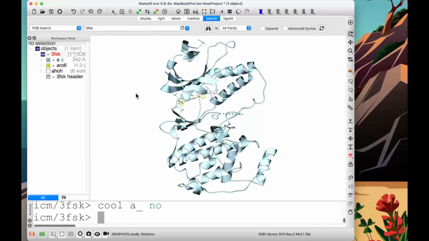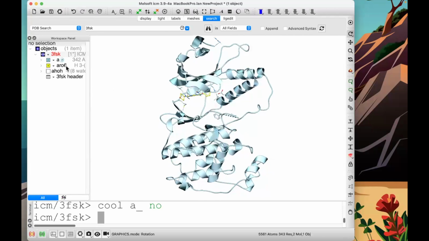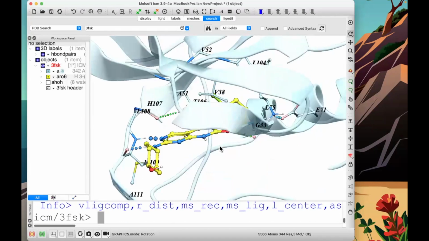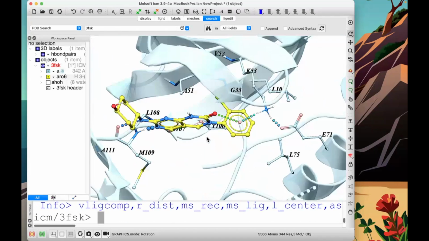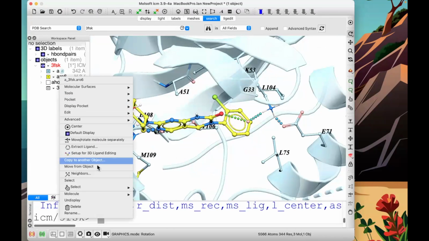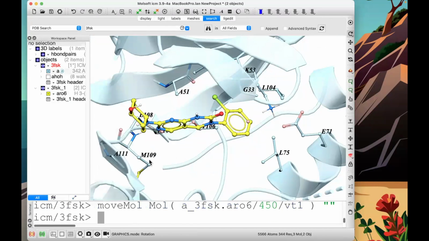We could run ICM Pocket Finder, but we know the ligand is here, so we're going to use that pocket to dock to. So it's going to move the ligand out of the pocket, move from object, so there's space to dock. But conceptually in ICM, it looks like the ligand's in the pocket, but in reality, they're two different objects, so they don't see each other. So this is not there. And then we can